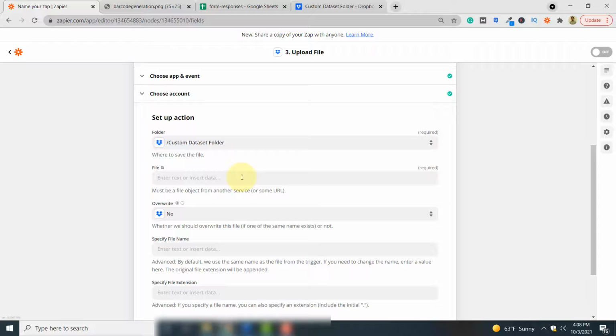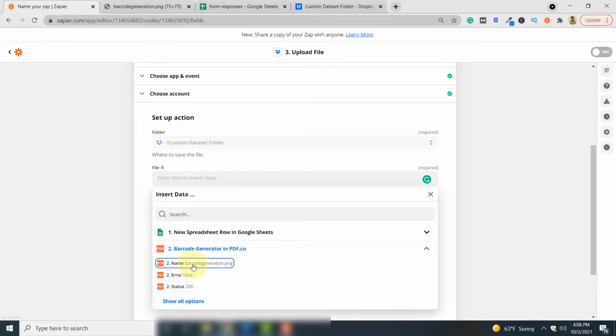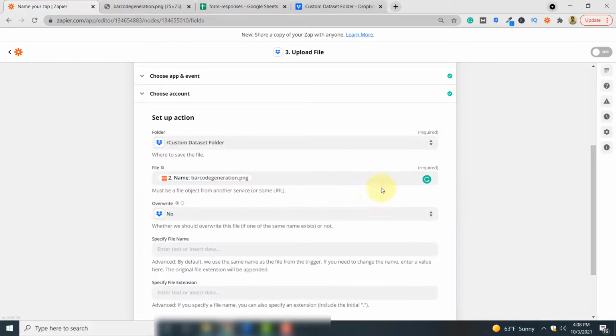Here you have to specify the link to the file that you want to upload. So in our case, we will be uploading the barcode generated in application 2 in step 2. So we'll select barcode generator in pdf.co and we will select this one, the first one, name. By the way, this is also the name of the file here.